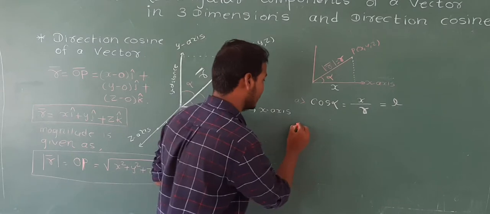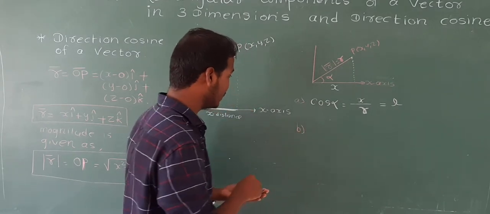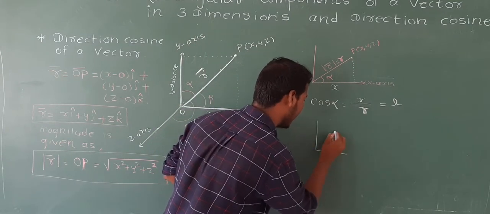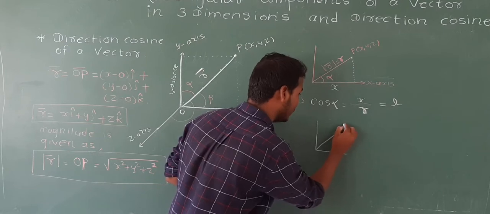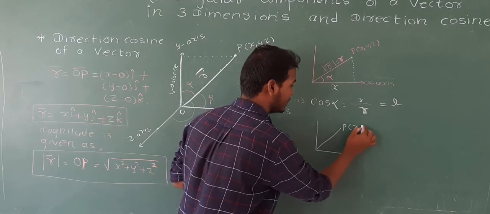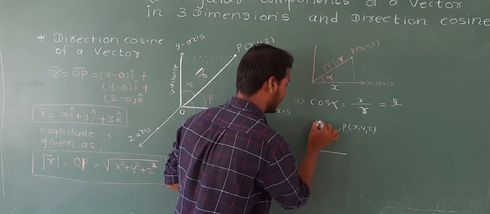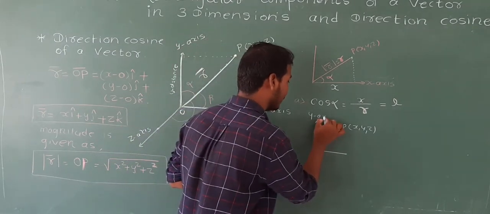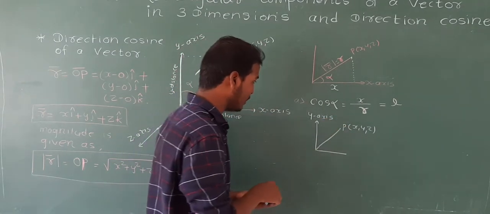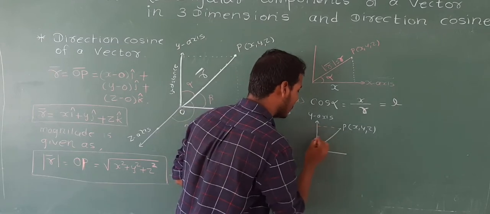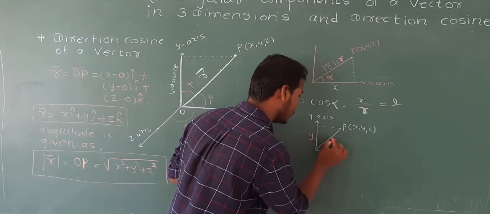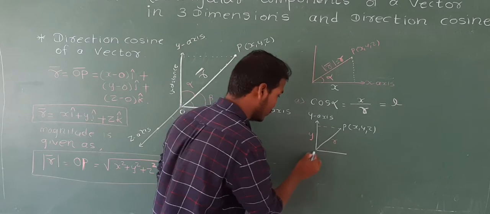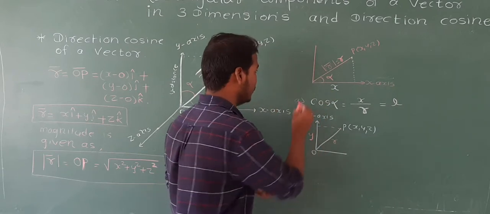Now the second direction cosine will definitely be with the y axis. Again similarly, this is point P having x, y and z coordinates. Now we do not go for the x axis, we are going for the y axis. Again we will draw some geometry here. This distance is, let's say, y. You know that the magnitude of this position vector is r. So this is our origin. Origin is very important.